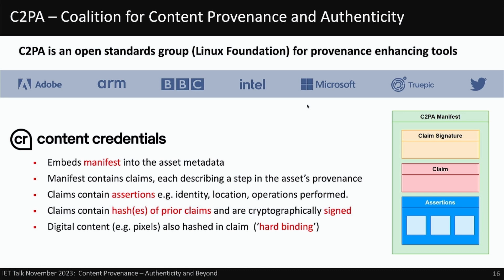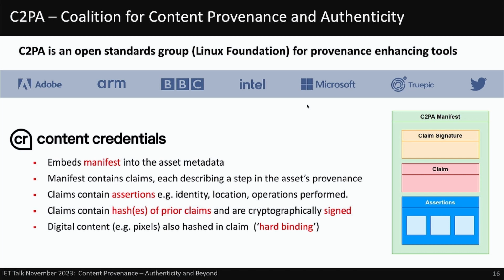A manifest basically contains claims that are cryptographically signed, and this manifest gets added to as the asset moves through the creative supply chain from, say, a photojournalist with a camera with this stuff in it, through to maybe the BBC, as a news publisher, through a distributor, ultimately all the way through